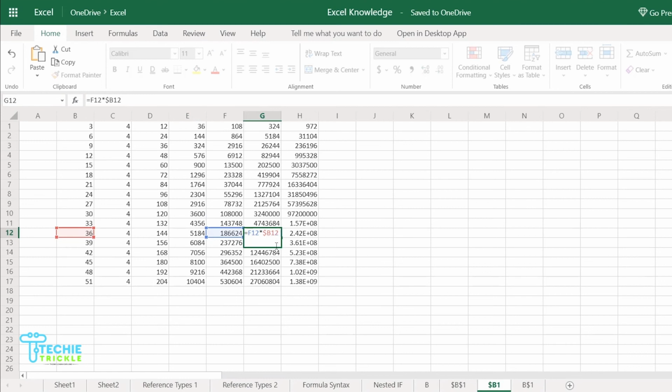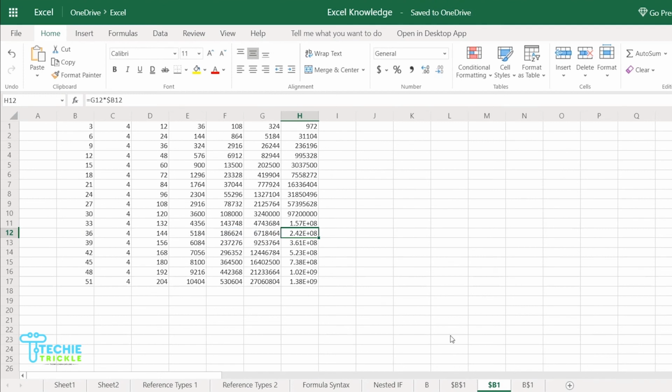So in this case, whenever you have a situation wherein you want to lock the column, you have to use $B, and the next part of the formula, that is where it holds the row value, will be a variable here. I hope you understood this.